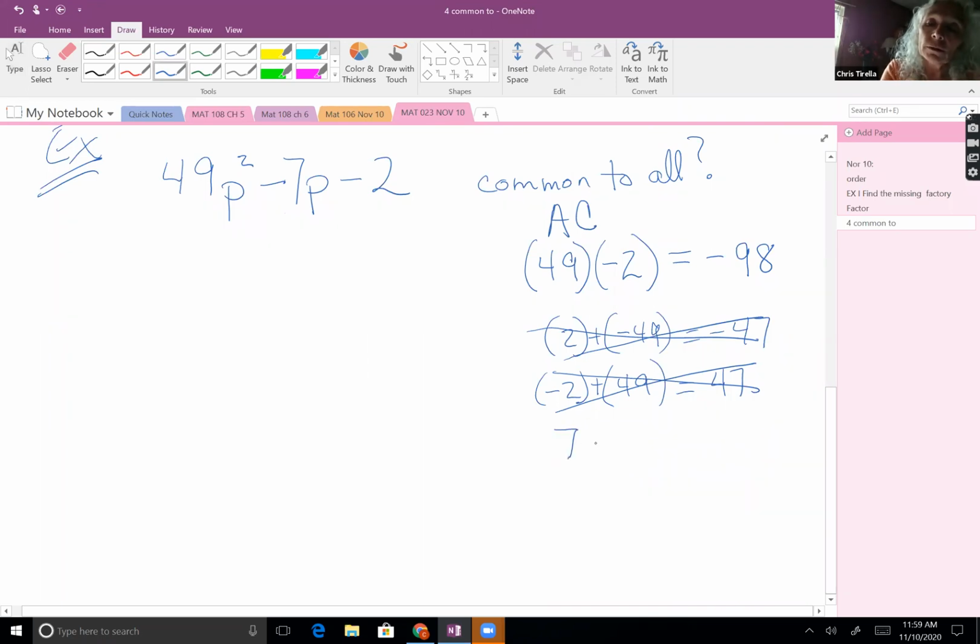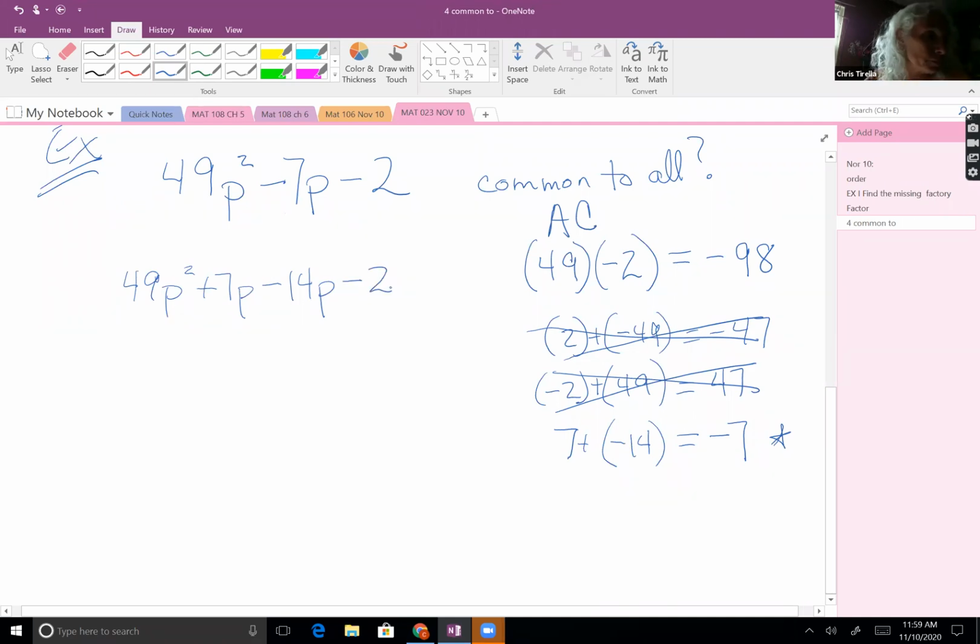I think 7 goes into 98 14 times. And when I add 7 and negative 14, I get negative 7. And so this is our winner. So that negative 7, we're going to replace with positive 7p minus 14p minus 2. Then we're going to do our factoring by grouping. With our factoring by grouping,